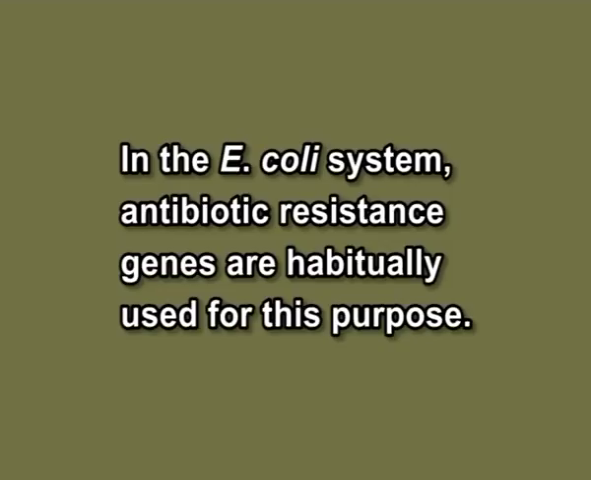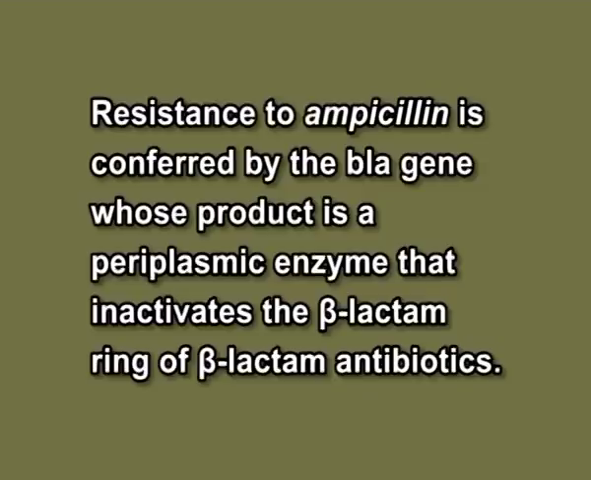Selection marker. To deter the growth of plasmid-free cells, a resistance marker is added to the plasmid backbone. In the E. coli system, antibiotic resistance genes are habitually used for this purpose. Resistance to ampicillin is conferred by the bla gene, whose product is a periplasmic enzyme that inactivates the beta-lactam ring